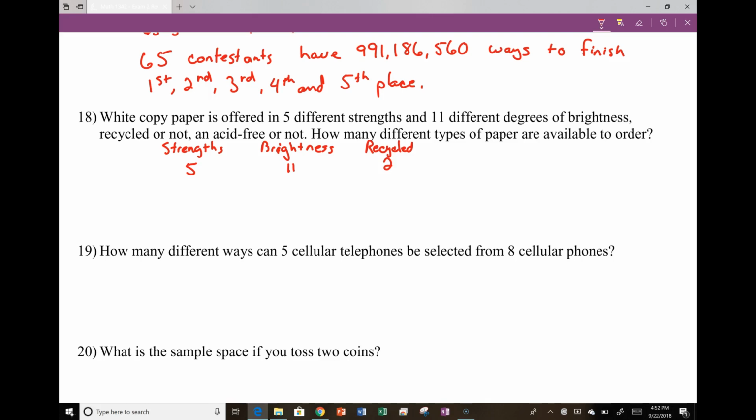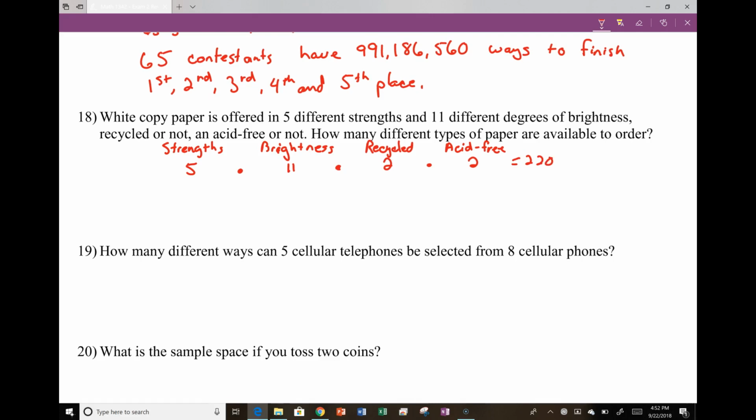Also acid-free or not. Acid-free, there are two possibilities. We want to know how many different types of paper are available to order. So in this case, we're selecting one from each category. Anytime that we select one from each category, recall, we're going to be multiplying. When we multiply this, we're going to have 5 times 11 times 2 times 2, which gives us